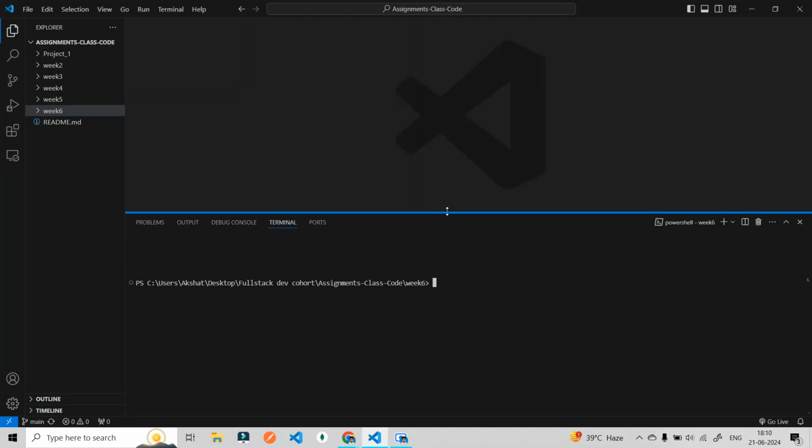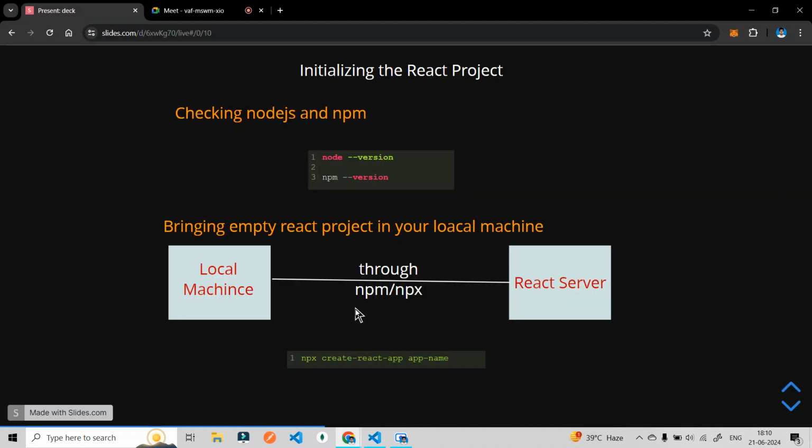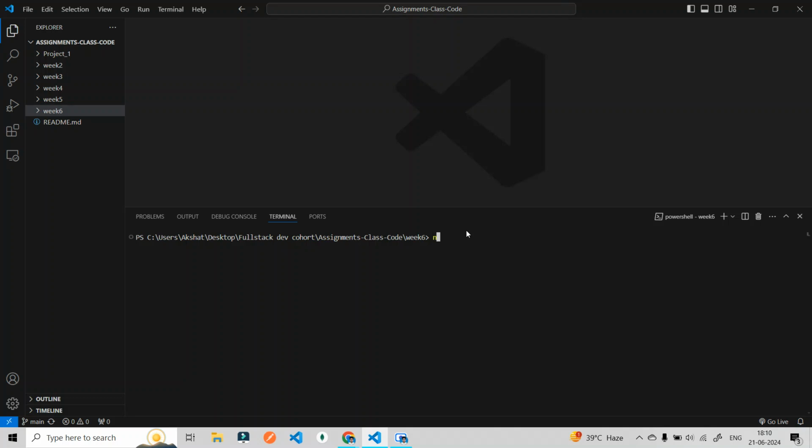Now here, what we are going to do is write this particular command: npx create-react-app and the app name. This is a reserved command that will help you create or initialize an empty React project on your local machine. So we write npx